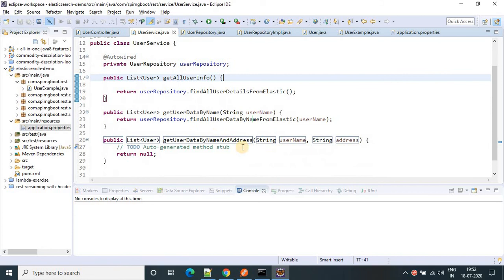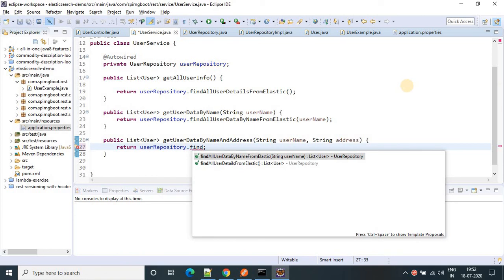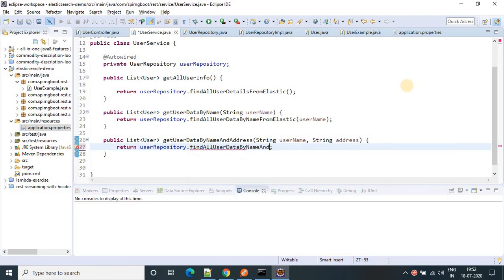This is my method. And the same way we are going to call our repository, find all user data by name and address from Elastic. And here you have to pass the username and address.